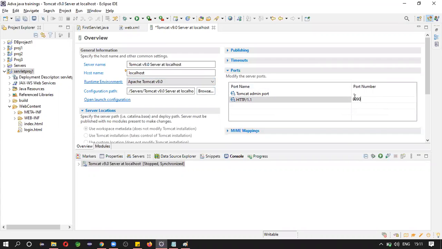If it is saying that a port number is already in use, try to change the port numbers. Okay, mostly you may not face this. You need to save this file. This is also a file, okay? See, star mark here. If you made any changes here, you need to save this file. See here, it is star, right? I'm mentioning 0, still star, I'm saving this file. See, it is saved, okay, 8090.